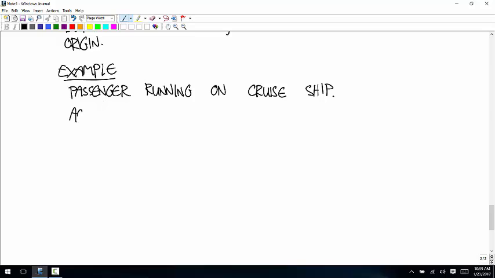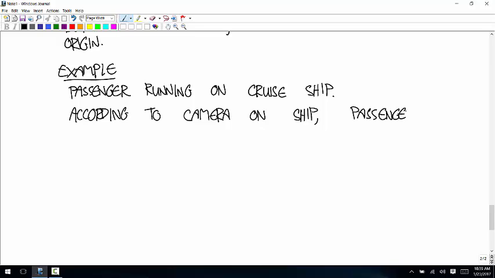So according to a camera on the ship, the passenger's position vector follows this function. Position vector is a function of time